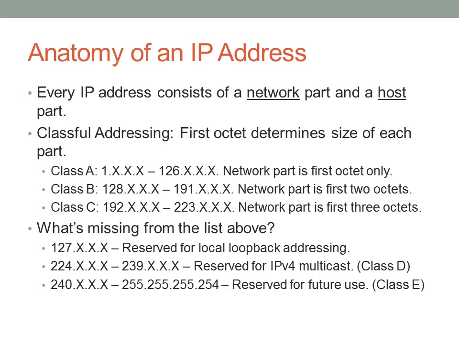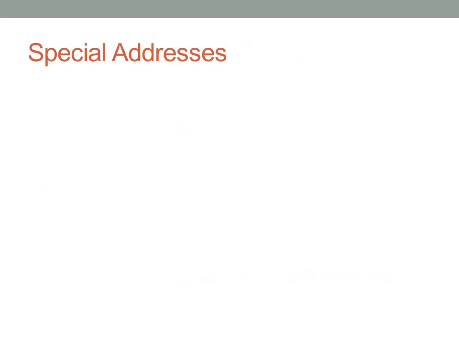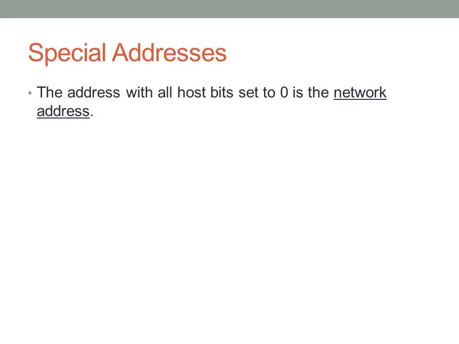It's Class E. You probably won't see these implemented, though you may eventually see them used for later IP networks, now that we're running low on IPv4 addresses. The highest address, where all of the octets are set to ones, is considered the IPv4 broadcast address, and this is sent not only to all hosts in a particular network, but to all networks. So IPv4 broadcast is all ones, just like an Ethernet broadcast, where the MAC address is all ones. Now we can talk about some special IP addresses that are reserved. And so the IP